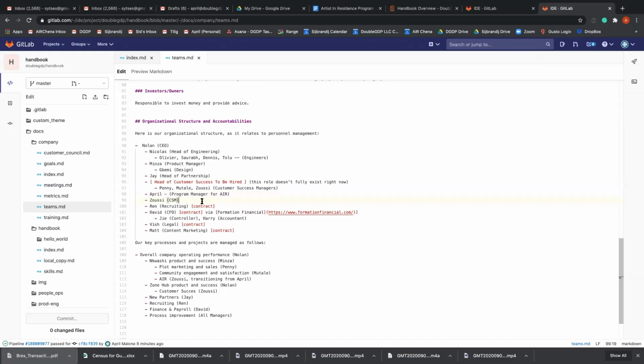Okay, perfect. Now, in this instance, we're going to have someone with two titles. So how would you join them together? Would you do like CSM and program manager? Is there a way to do that here in Markdown to where it will look tidy, or do I just go ahead and add it just like this with the parentheses?